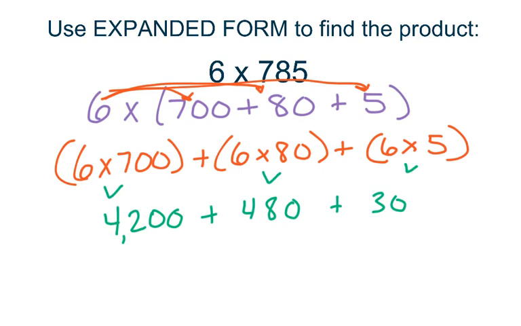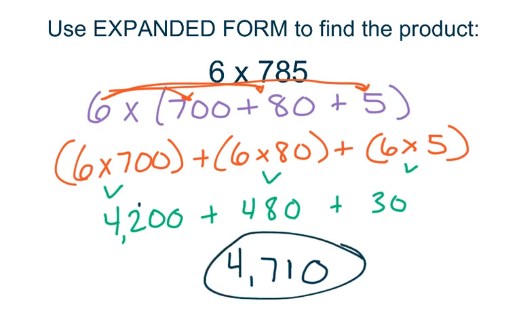Because I only have 3 numbers, I can use mental math to solve this. I have zeros in my ones place. I have a 3 and an 8 in my tens place, which is going to give me 11. I carry over to my hundreds place, where I have a 4 and a 2 and that 1 more, so that's going to give me 7, and then I have my 4 in my thousands place. So that would be my final answer,